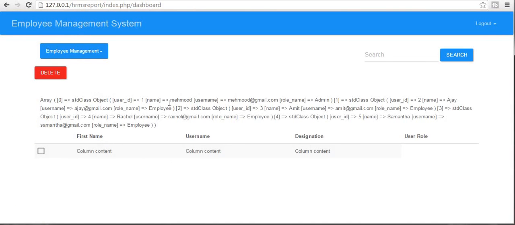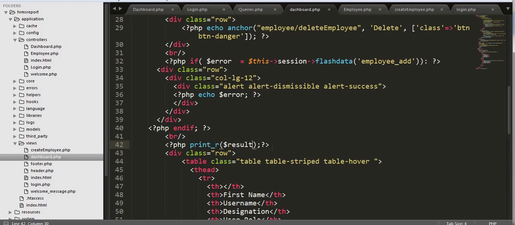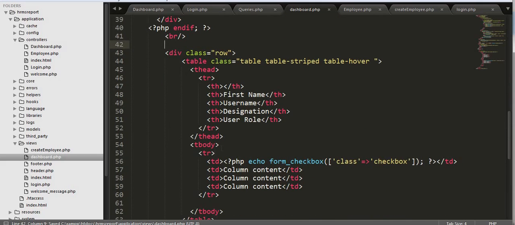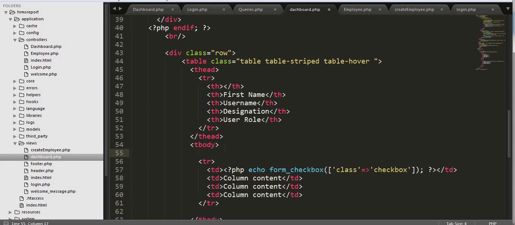Okay, I'm getting the record here. Now what I have to do is we need to display this data into our table. So how we can do that is here. So what we'll do, let's come inside here, inside the table body, and give a tag,